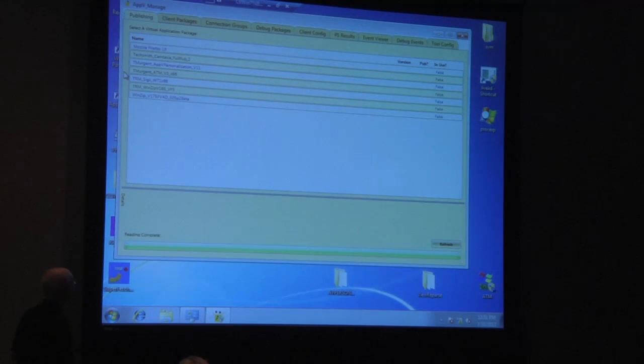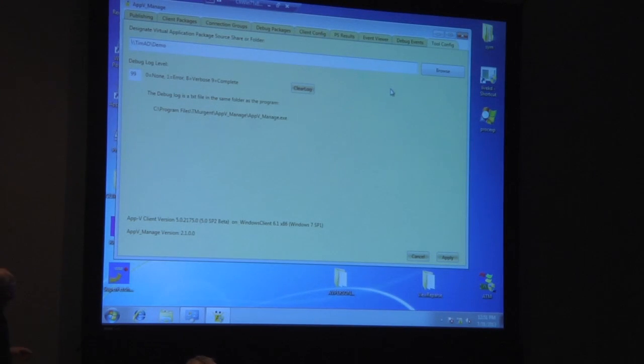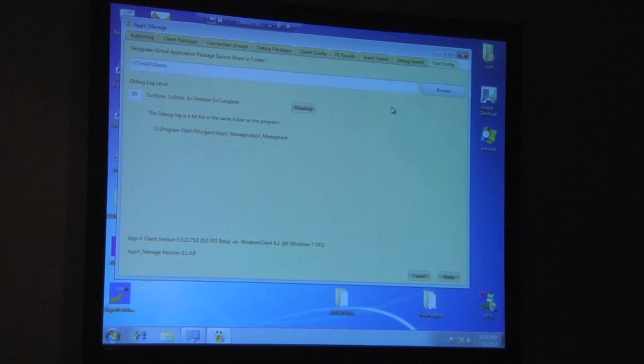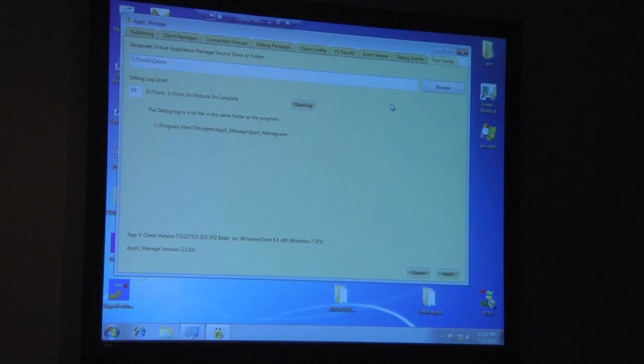If you hit the Tool Config tab, Patrick, on the far right, the one thing that we need to do in the tool when we set it up is just set up a share of where it can find the AppV packages. And now anytime I come to the tool, it'll just give me the list of packages on that first tab and then show me which ones I've already published or not. If you go to the Client Config tab, we'll see the